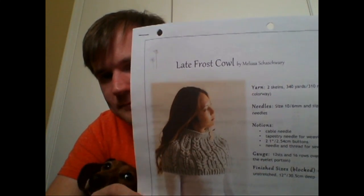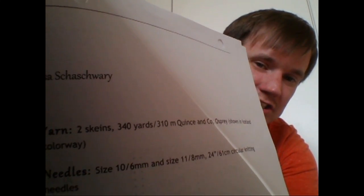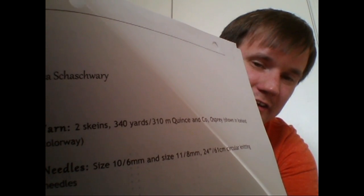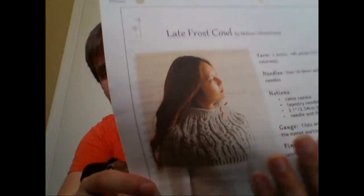And this is one of them. Lake Frost Cowl by Melissa... let me get it up closer because I can't say that. Shashvari? I don't know. I know in German the W's are pronounced as V's. Shashvari? I don't know. Maybe that. But it's a beautiful little